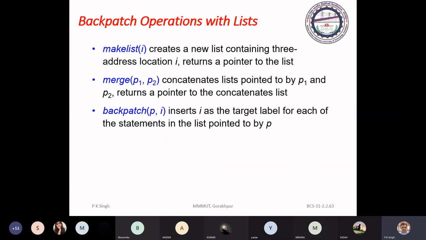So see the translation scheme. Here we can make the list for E1 code, E2 code, and so on. Here we can merge lists with patching, and here we have the back patch. Go and patch it. The simplest way of translation: first we generate the references of all the three address statements.